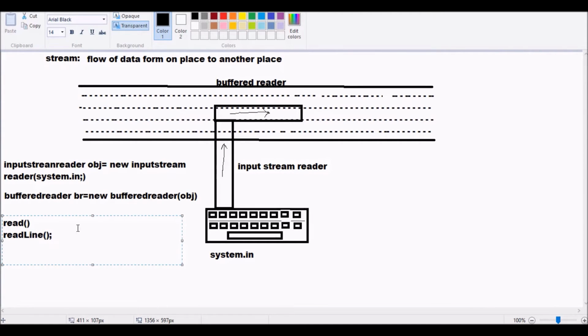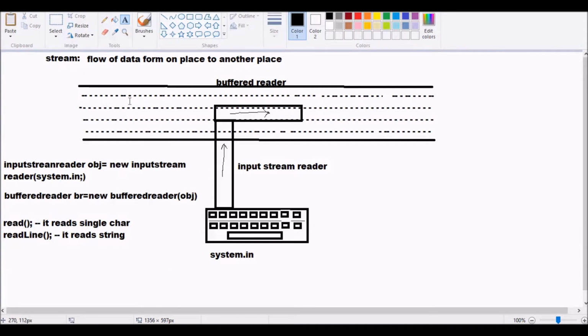These are the two functions which we will use to read the data from the BufferedReader, that is from the keyboard. The difference between read and readLine is that read reads only a single character, but readLine reads multiple characters, that is nothing but a string. So this is the whole concept.